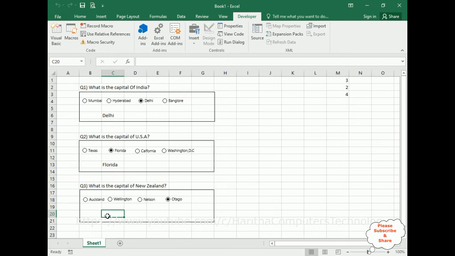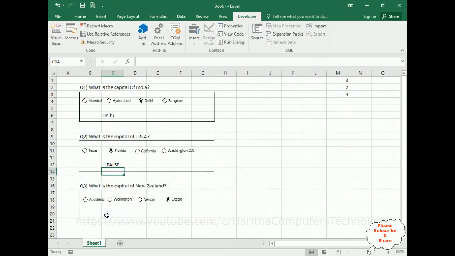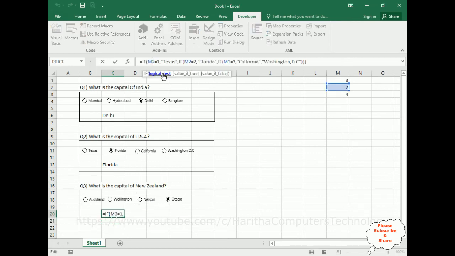Now here we require the selected option value. So instead of writing the same formula, I am adding it here in the C20 cell. Enter. Oh, sorry. C20 cell. Enter. This is M3. This is M3. I am selecting